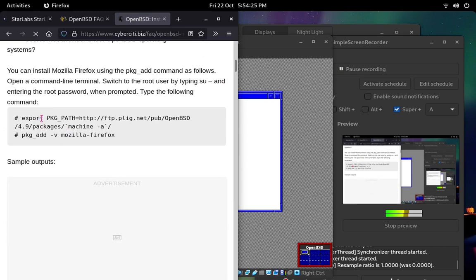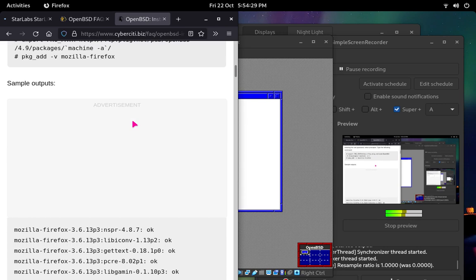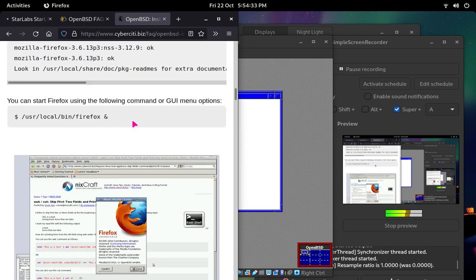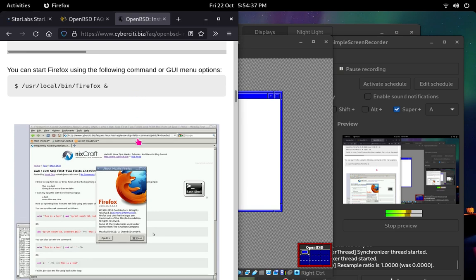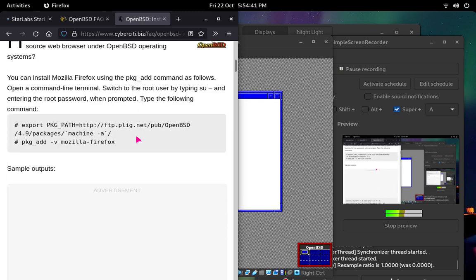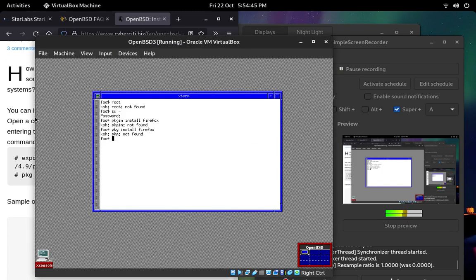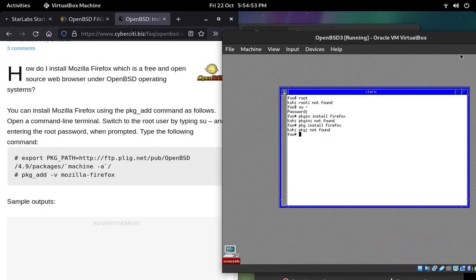Okay, so basically, what we need to do is export PKG_PATH. You can start Firefox using the command line or GUI option by doing this. Okay, there has to be an easier way, but I will just do this. Let me just try to do this. Now we can copy this, so we can do export, and now we can do PKG_PATH, and now we can do http, http, I'll do that, and then ftp.plig.net, and then we'll have to do pub, and now to do